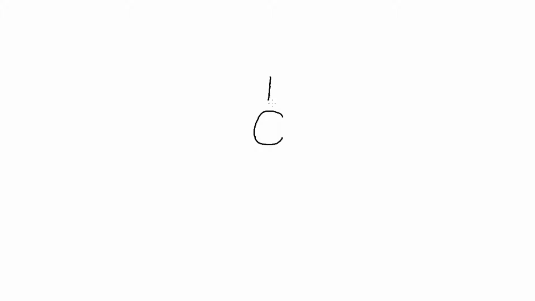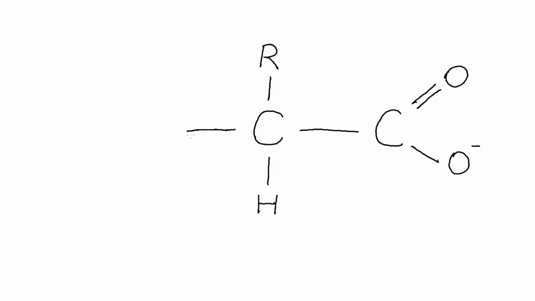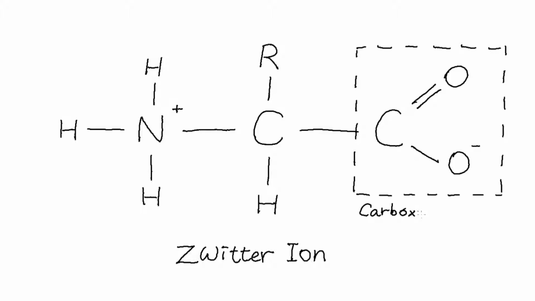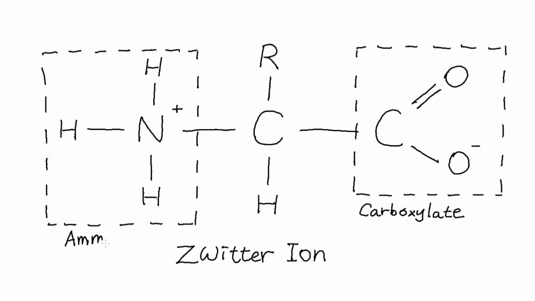The isoelectric point refers to the pH at which a specific amino acid solution contains the same number of positive ions and negative ions. At the isoelectric point, amino acids exist in the state of a zwitterion, where the carboxylic acid group deprotonates, forming a negative carboxylate group, and the amine group protonates, forming an ammonium group. This zwitterion formation makes it so that amino acids have ionic properties and can form ionic lattice structures similar